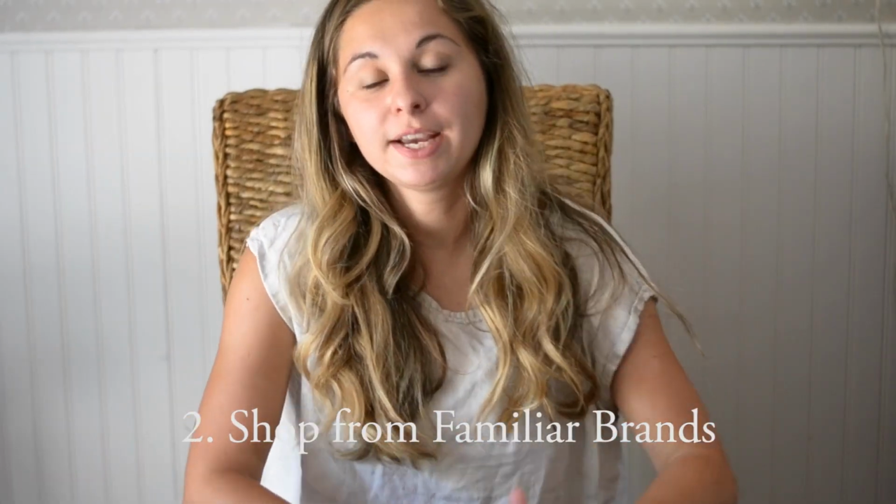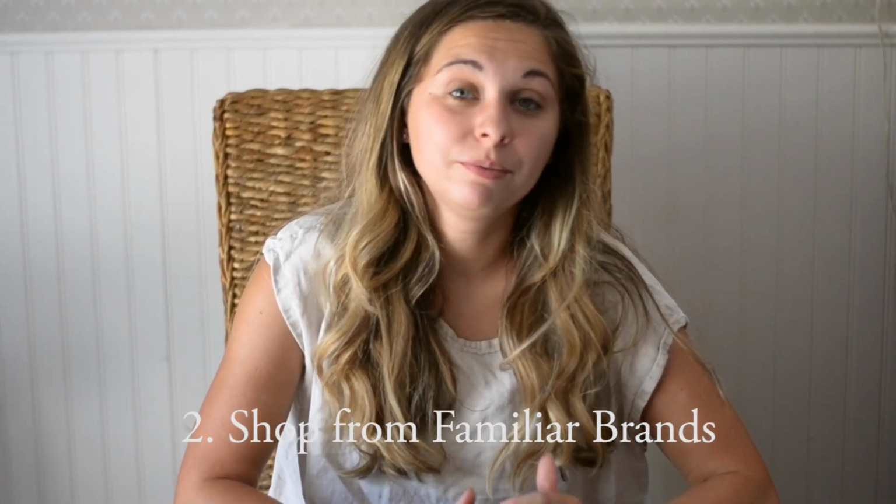Okay, the next piece of advice that I want to give is to shop from familiar brands online. So, I don't know about you, but when I have bought jeans from like 3 different brands, they will all fit differently even though they're the exact same size. And so, I found that I really like jeans from Madewell, I like jeans from Gap, and so those are not necessarily slow fashion brands, but I will go and look for them on Poshmark or ThredUp in my size, and it's nice because I know exactly what size I will wear,